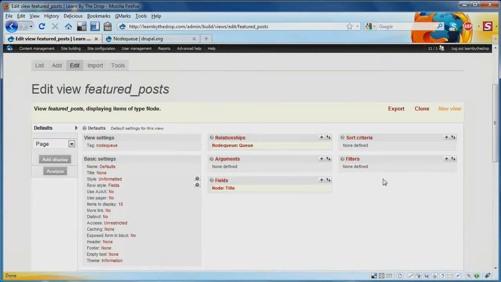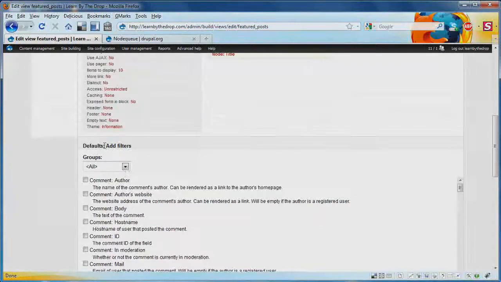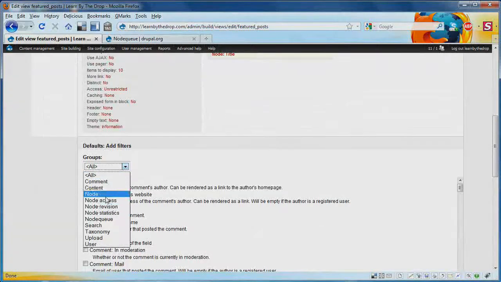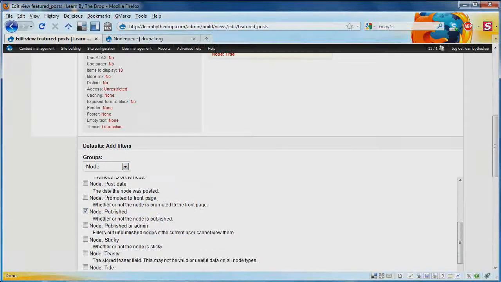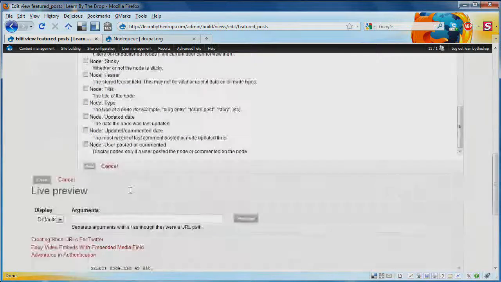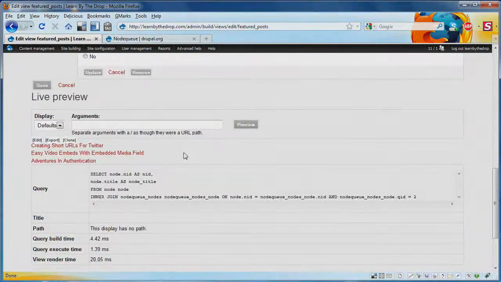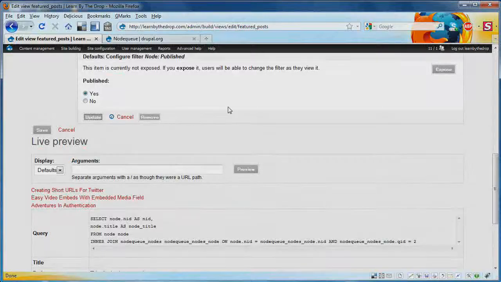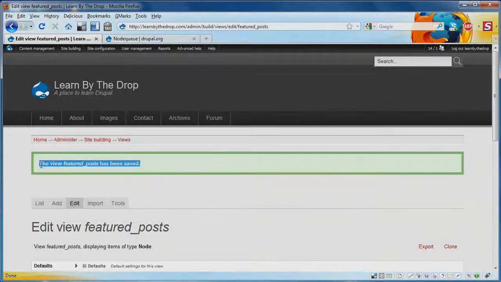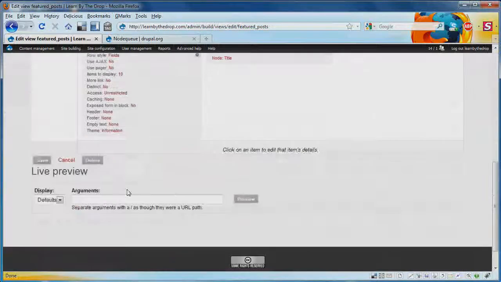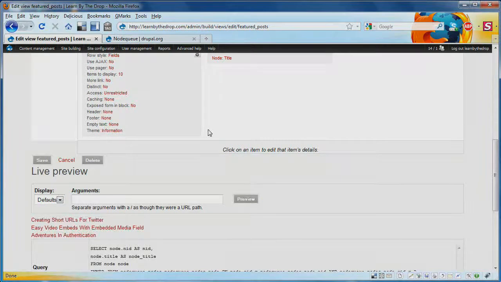As in any particular view, you might want to add a filter that the node is published, just in case you don't want something that's a draft, for example, node publish yes. Let's save that. Okay, so our node has been saved. So now, if we come down here to preview our defaults, which is all that we have,